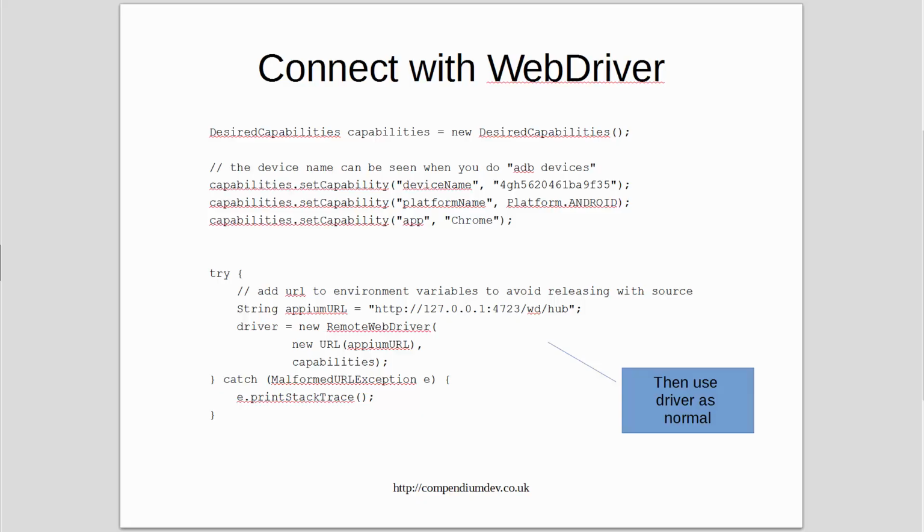We set the platform name up to be Android. I use Chrome, so we set the capability for the app to be Chrome, and then it's just a matter of connecting to it as a normal remote WebDriver on the URL that we had, the 127, the localhost 4723/wd/hub, and then once we have our driver, we can use it like a normal driver and run all the